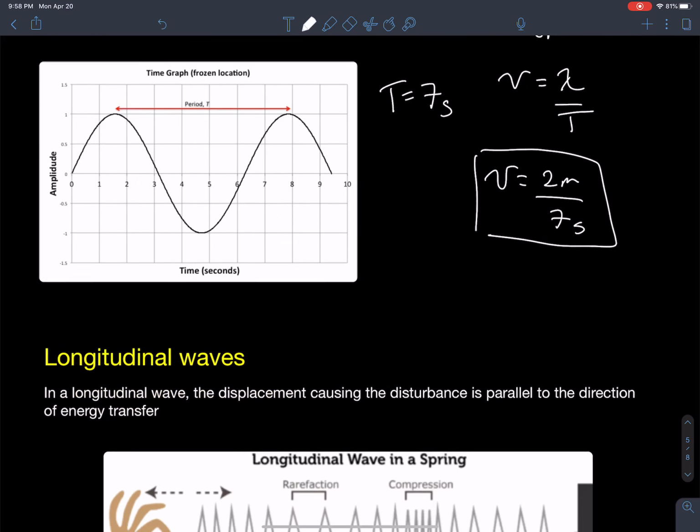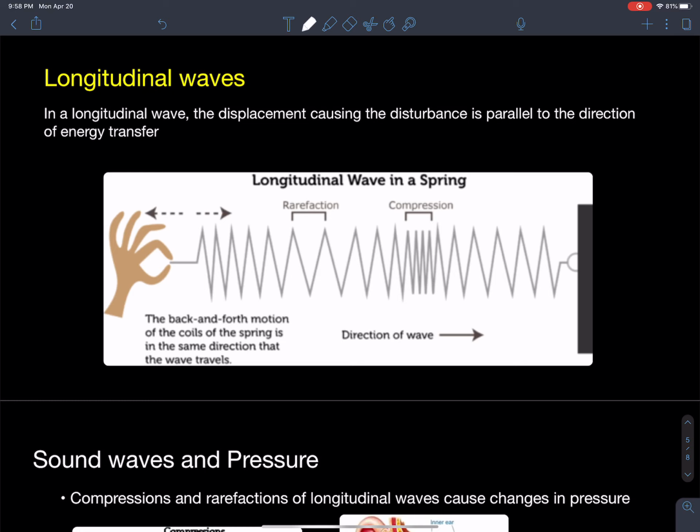Okay. All right, so longitudinal waves are a little bit different. And an example of longitudinal waves that we definitely know about is sound. Okay, the voice that you're hearing from me is generated by my vocal cords pushing and pulling on air particles. Okay, now the difference between a transverse wave and a longitudinal wave is that the displacement causing the disturbance is parallel to the direction of energy transfer. So if that wave and energy is going in this direction, that disturbance also has to be moving in that